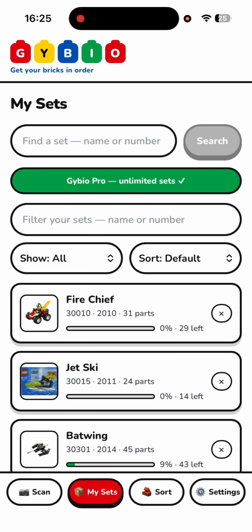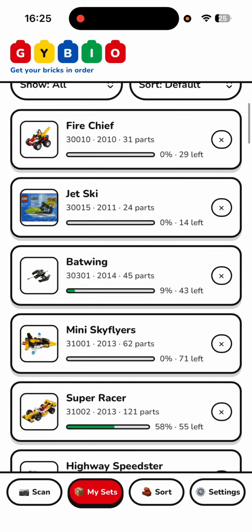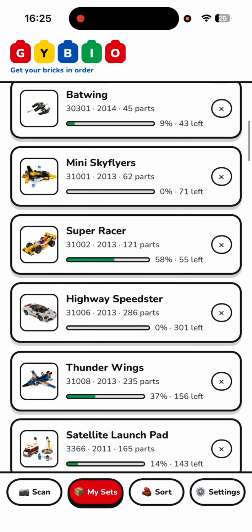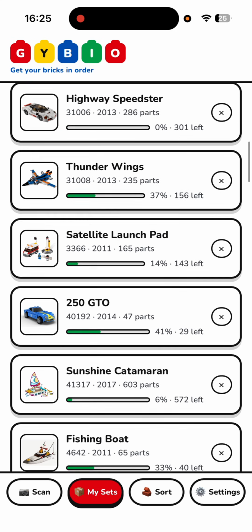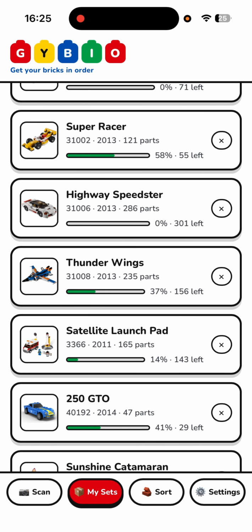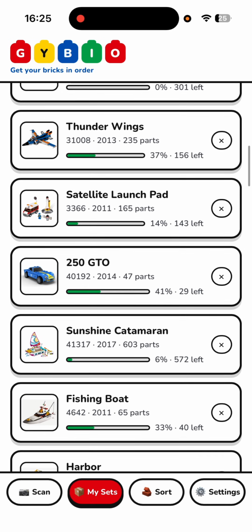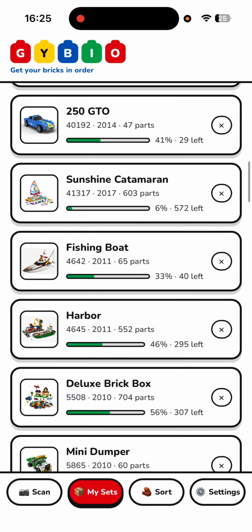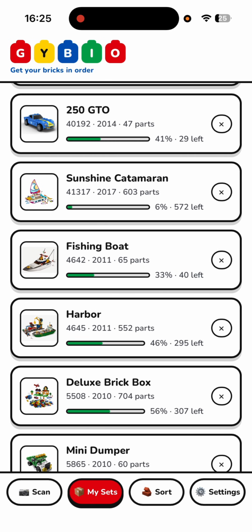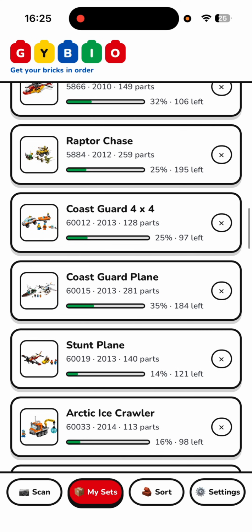So one area that I do need to point out is, in some circumstances, what I found is that you'll have sets that you might already have built, or you don't want them to be included in the pieces included because for some reason you know that it's already built, or there's some other reason there. So there's an option